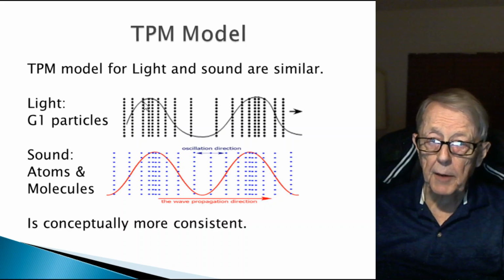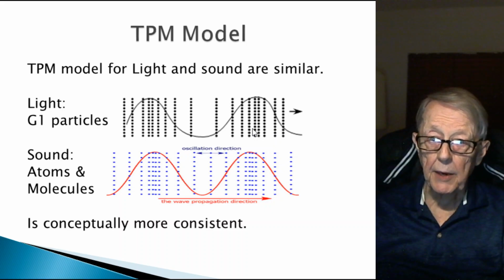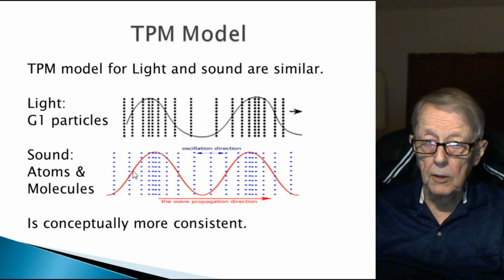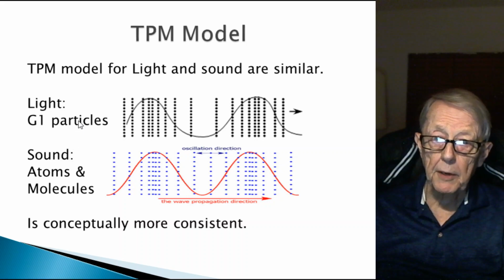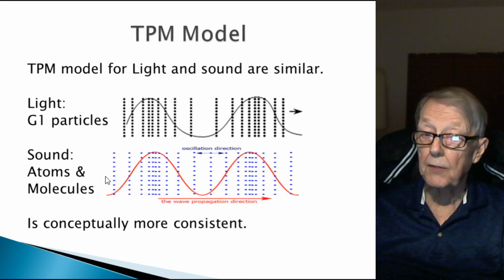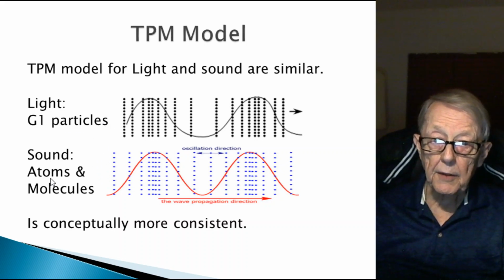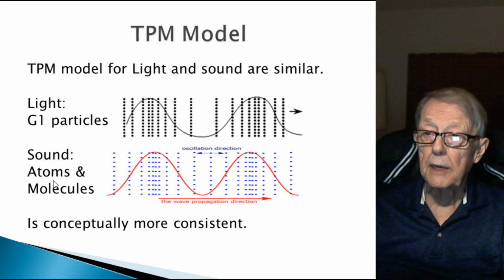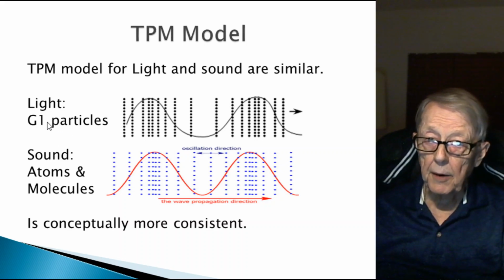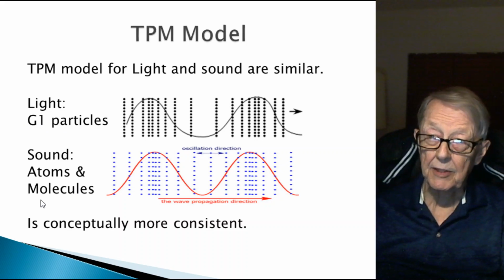And that pattern actually can produce what looks like a sine wave. And of course, you have the same pattern here, but here you have particles, here you have atoms and molecules. It's almost like it's at a different level. Well, maybe in the G1, the atoms and molecules are actually in a video that I have presented called Levels of the Universe. G1 particles are at level 1, atoms and molecules are at level 0, sort of a physical